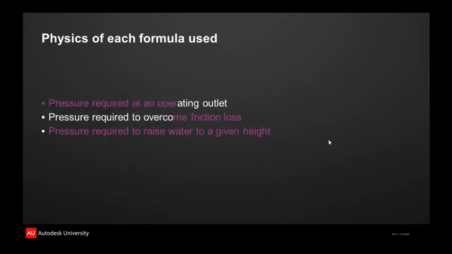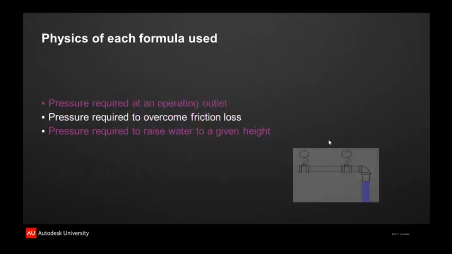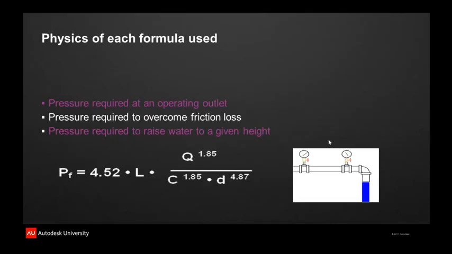on to talking about the pressure required to overcome friction loss in a section of pipe with water flowing through it. Like before, I'll start with the punchline, which is the formula itself, and then we can talk a little bit about the empirical method that you could use to derive that calculation or that formula. The formula represented here is P sub F, the friction loss in PSI required to push a given amount of water through a pipe, is equal to